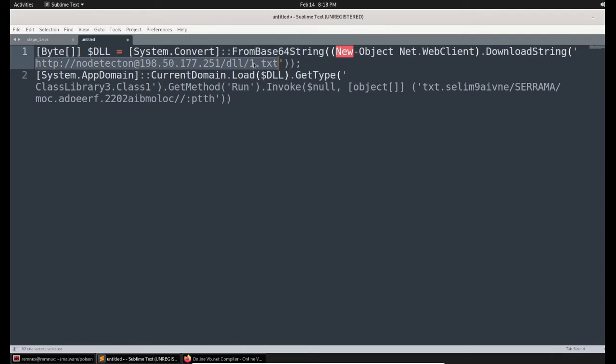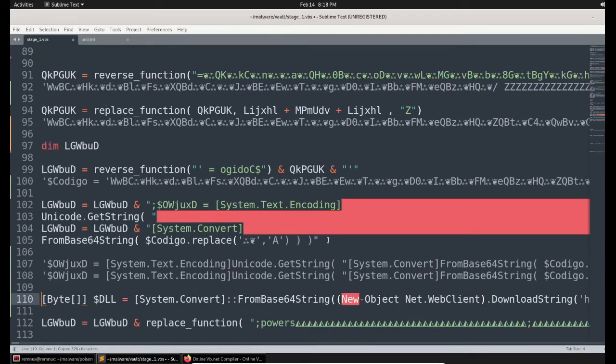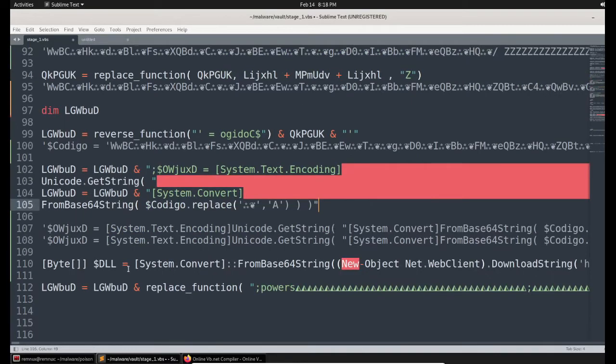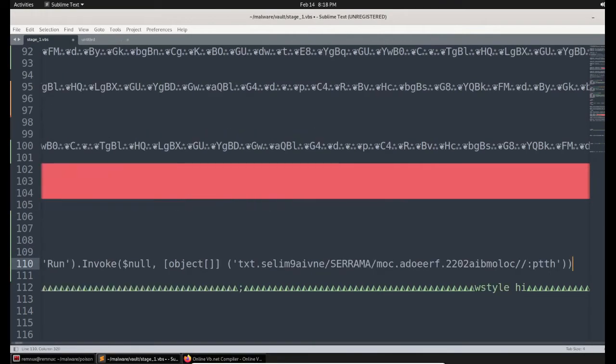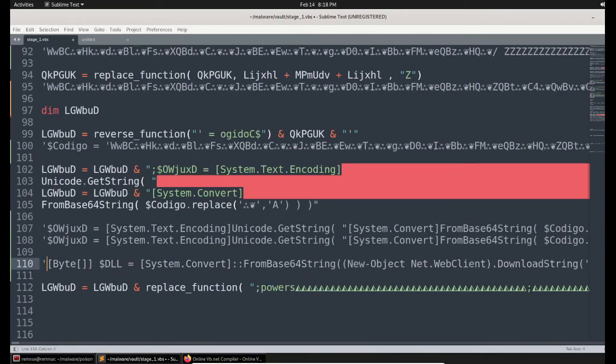Earlier we have seen some startup folder writing stuff. After that we found this URL, and also here, if you see this particular line, you can see the reversed object. So we need to reverse this URL as well to get the proper format. So this is the reversed URL, of course. So we got something fishy. Let me paste it somewhere over here. We already pasted that, so I'm commenting it out.